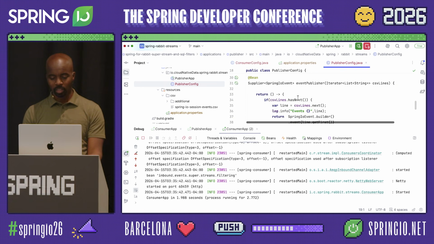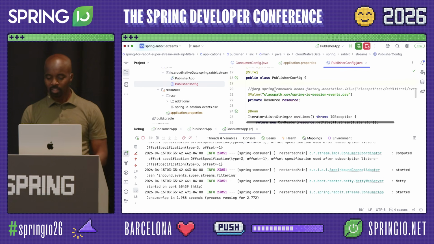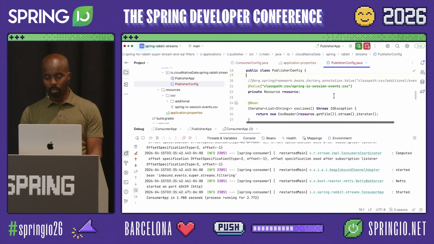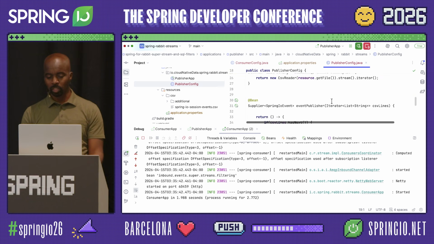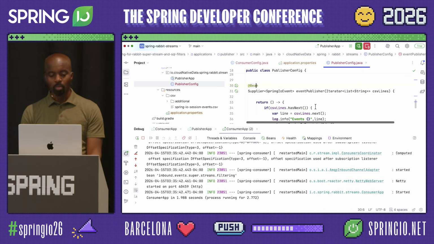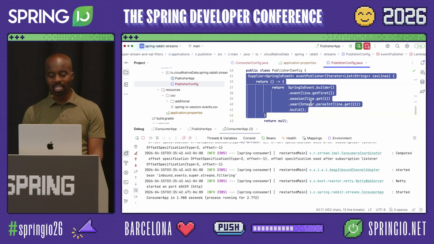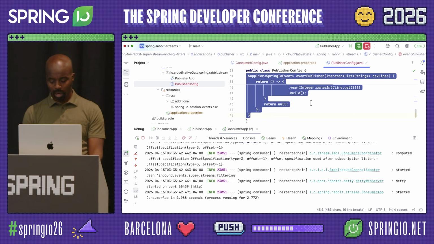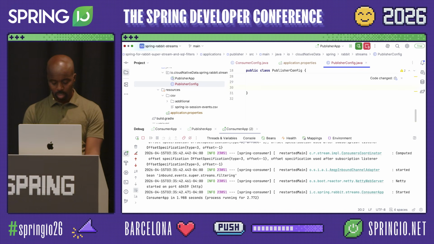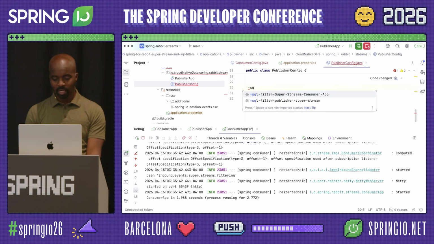And in this case, I'm going to keep everything the same. I'm still reading from the CSV file, still iterating through it. But in order to implement the filtering, I need to add metadata about the applications. So in order to add the metadata, what I need is,